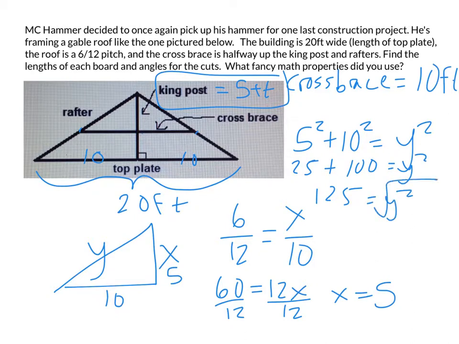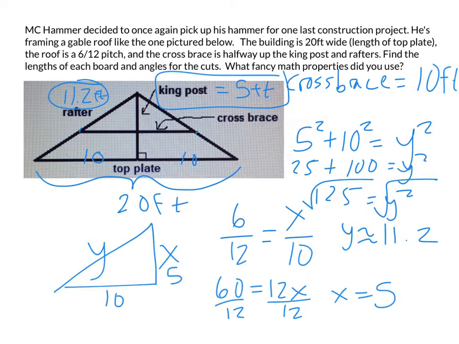If I square root both sides, I get Y equals the square root of 125, which is approximately 11.18, so we'll call it 11.2 for my length. Excellent. All right, so I've got the length of my rafters, 11.2